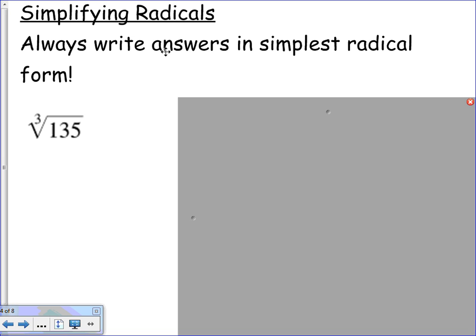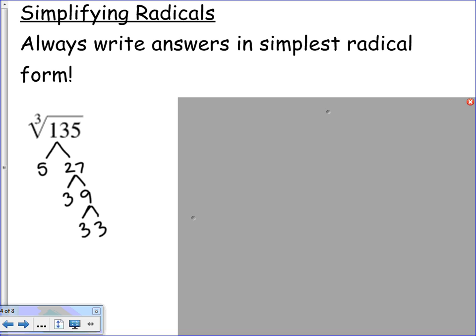Damon? 5. I mean, definitely 5 is going to go into 135. Does anybody know what 135 divided by 5 is? 27. And so we keep going as long as we can. What are factors of 27? 3 and 9. And what are factors of 9? 3 and 3. And then all the numbers that are at the bottom of our branches in our factor tree,